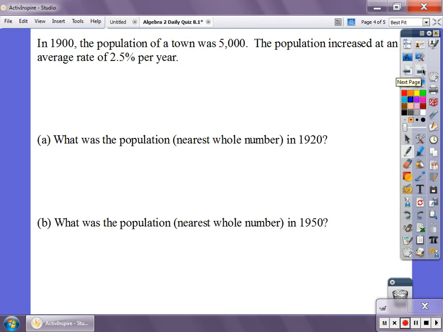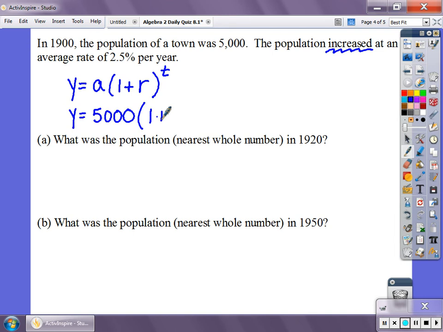Now in 1900, the population of a town was 5,000. The population increased at an average rate of 2.5% per year. So immediately I see that word increase, and I'm thinking, okay, y then is a times 1 plus r raised to the t, plus because we are increasing in value. Now, the population of a town was 5,000 in 1900. You can consider that your initial value. I don't see any other population numbers up there. So we can fill in a with 5,000